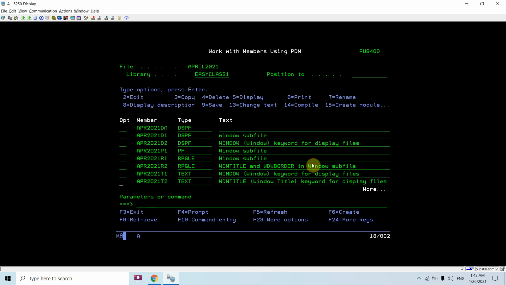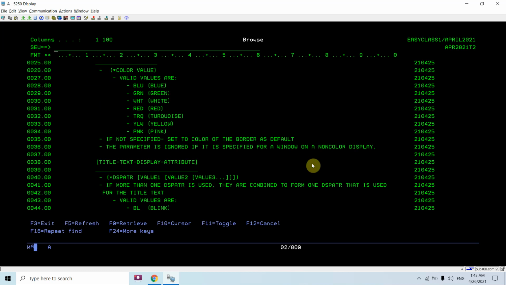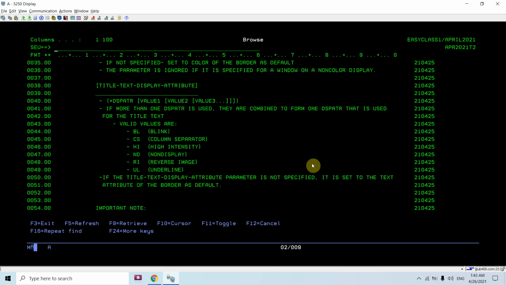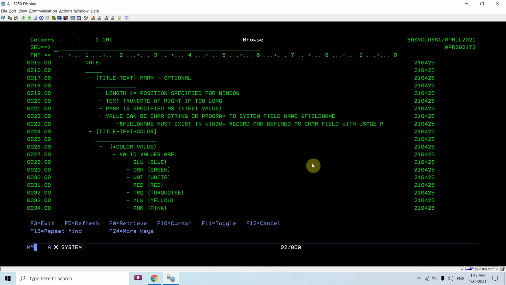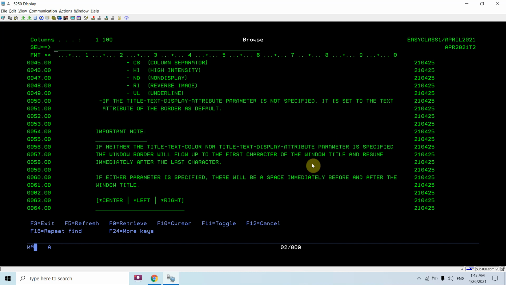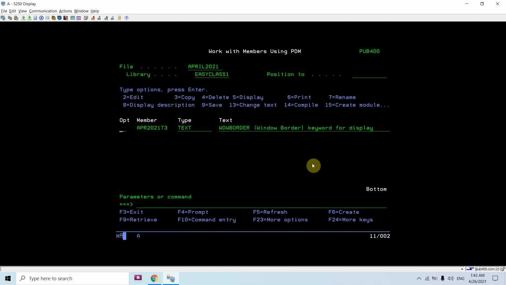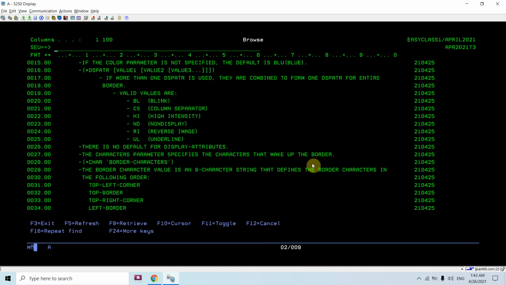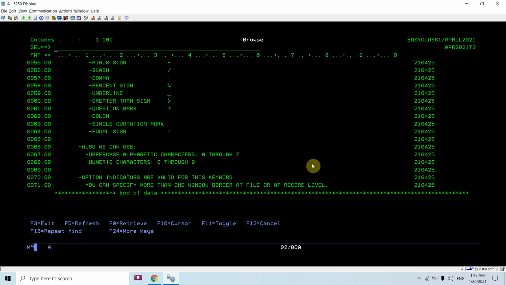I already explained the window title here, and I have written all these things which talk about the window title and its parameters, what values you can specify, what the valid values are, what the cases are, and what the optional things are. The same goes for the window border, and what invariant characters you can use.